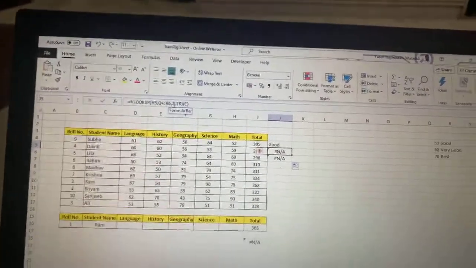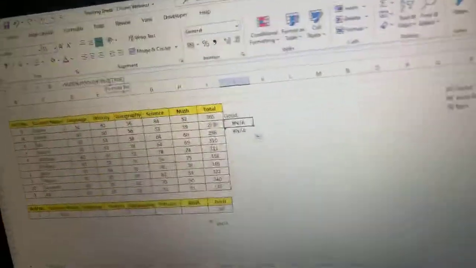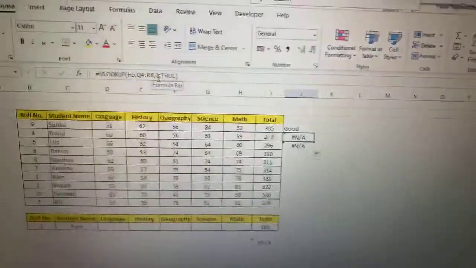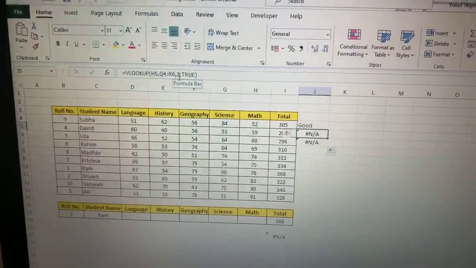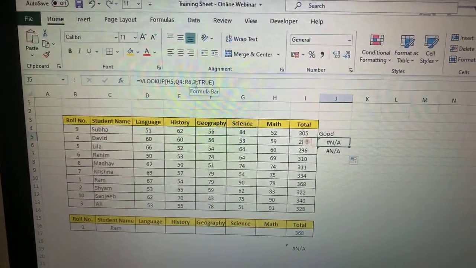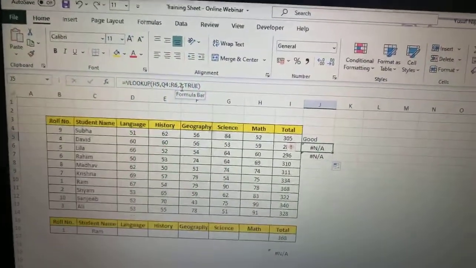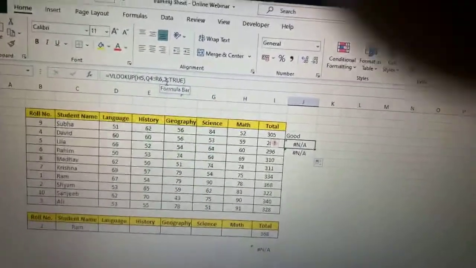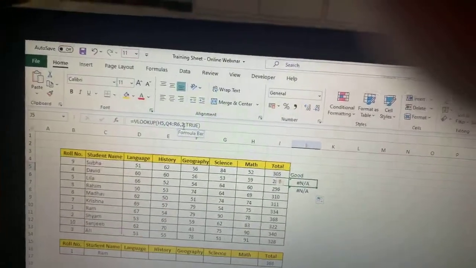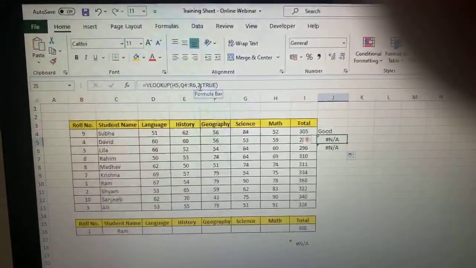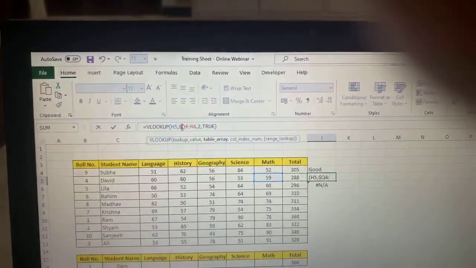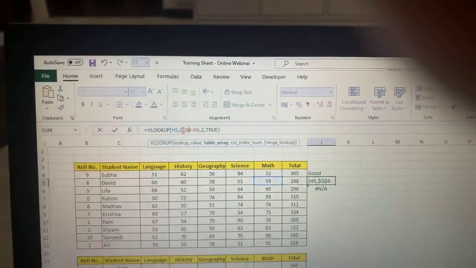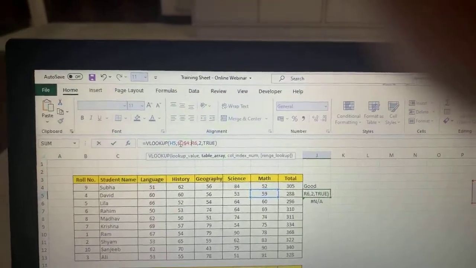So this is another concept in Excel which is very, very important, and that is called cell referencing, absolute and relative. What we are seeing over here is relative cell referencing, wherein once you move ahead, the cells keep changing. If you want absolute cell referencing, then you need to put a dollar symbol in front of the column name and the row number.